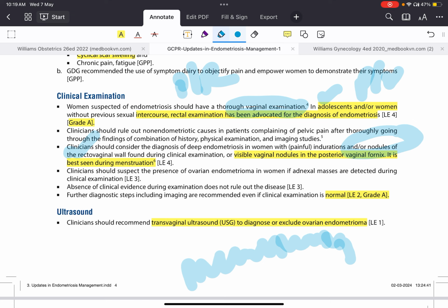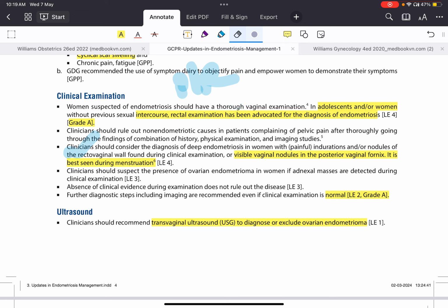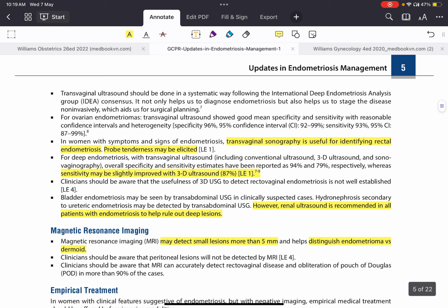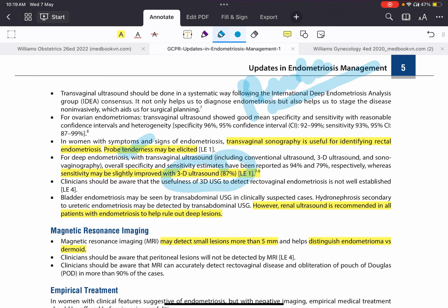Then further diagnostic steps of evaluation should be done. After clinical examination, we'll send her for investigation. So first investigation you'll do is ultrasound, and transvaginal ultrasound is best. It can help in diagnosing or excluding ovarian endometrioma. In ultrasound, rectal endometriosis can be detected by probe tenderness. If you keep the probe in the posterior fornix, you have a tenderness, that is probe tenderness. Sensitivity is increased by 3D ultrasound, and linear ultrasound is also recommended if you want to rule out any